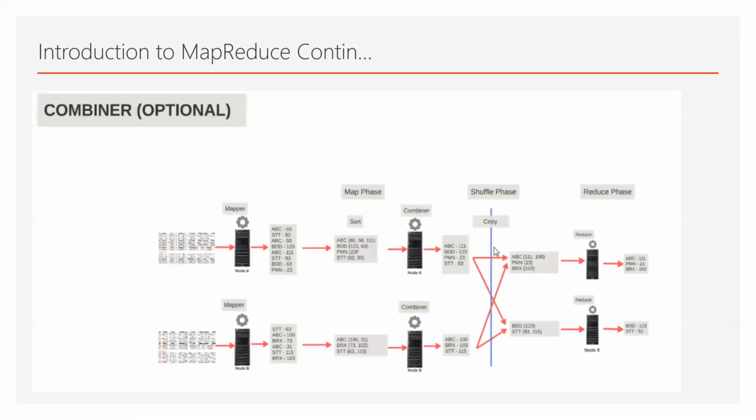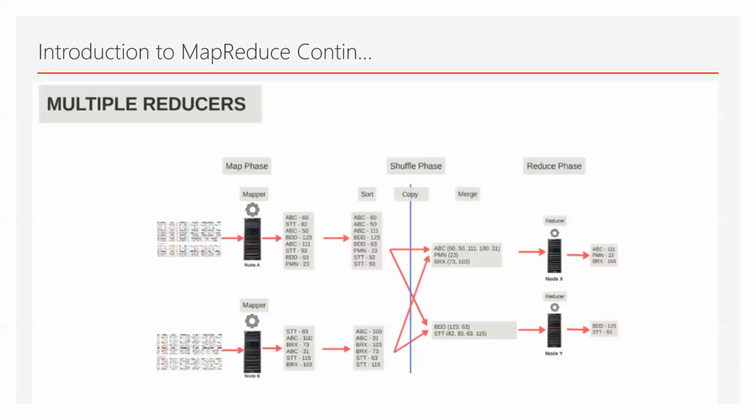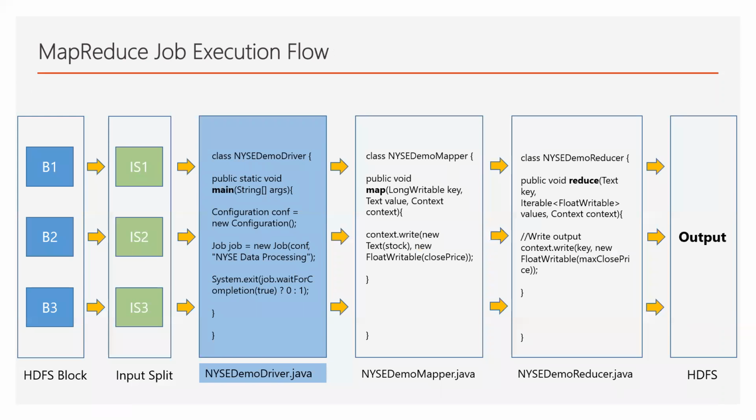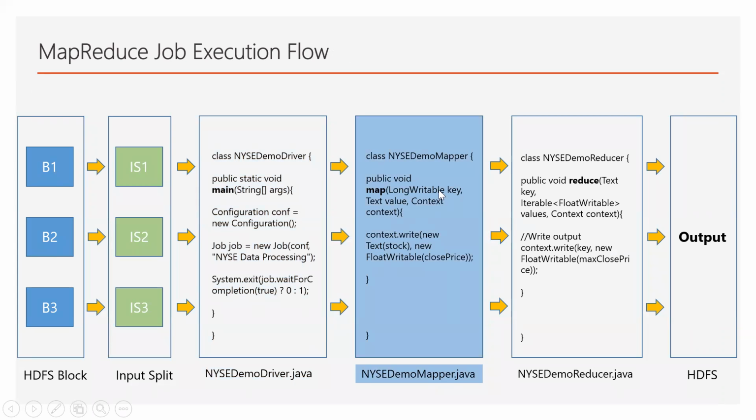What happens if there are multiple reducers? By default, it is one reducer. You can configure the number of reducers you want. But the number of mappers is controlled by the number of blocks in HDFS for the file which you pass as input. Okay, now we'll go back to the program. As I mentioned, there is a mapper class or mapper program. This is Java syntax.